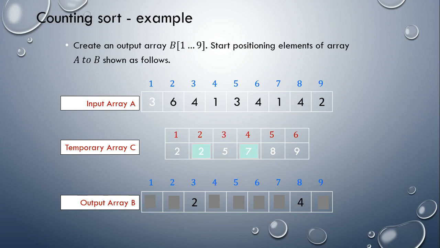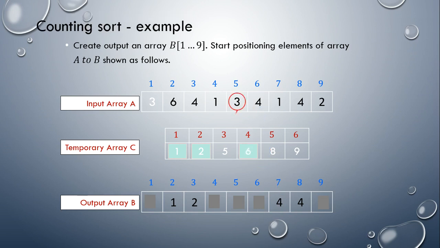Now the next element is 1, which is at index 2, so it is placed at index 2 in the output array and we decrement the count of 1 in the updated array. The next element is 4, placed at index 7, and we decrement the count.